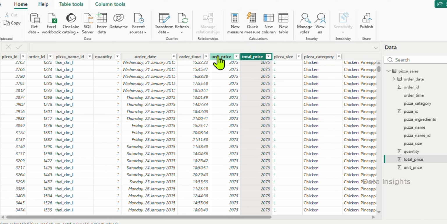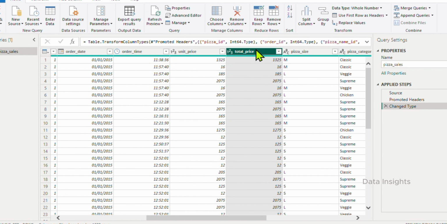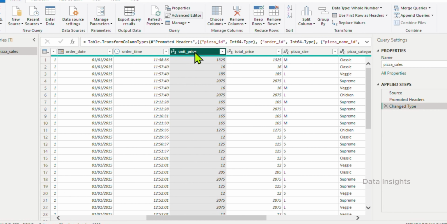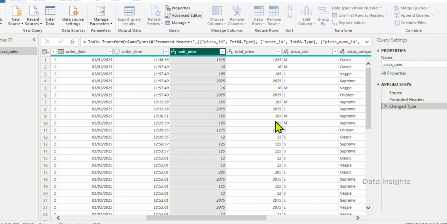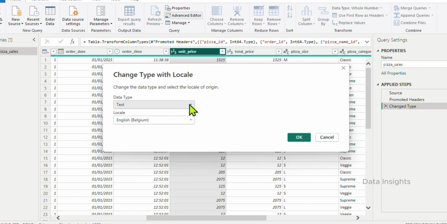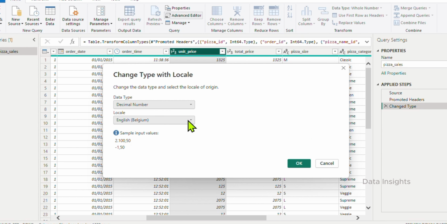Next, I focus on the order_price and total_price columns. These represent monetary values, so they should be stored as decimal numbers. I right click on the column header, select change type, then choose using locale. This is important when working with currencies or decimal values.